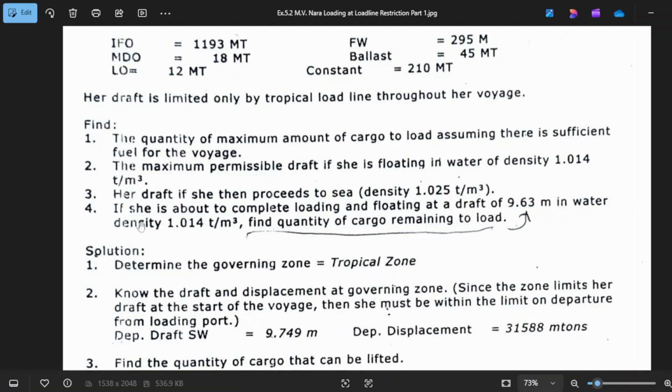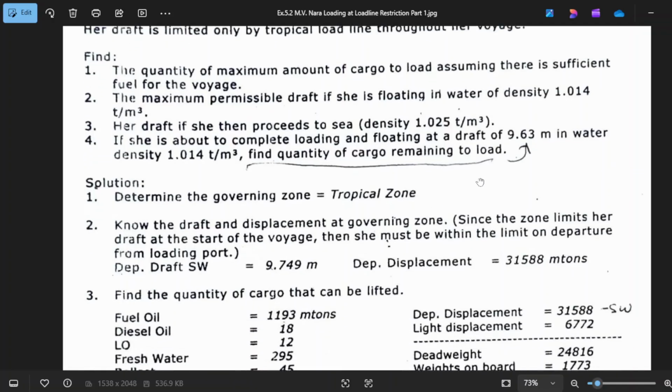And number 4: if she is about to complete loading and floating in a draft of 9.63 meters in water density 1.014 tons per cubic meter, find the quantity of cargo remaining to load. So what is your remaining cargo to load after you have a draft of 9.63?